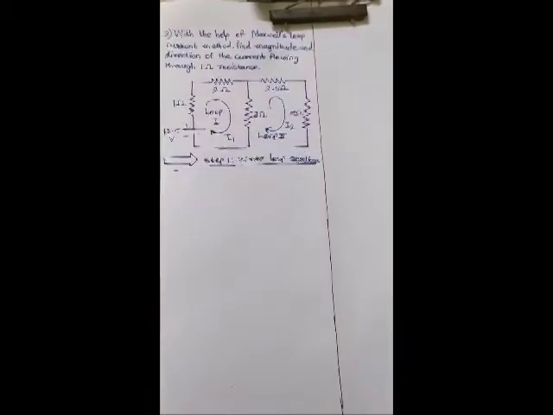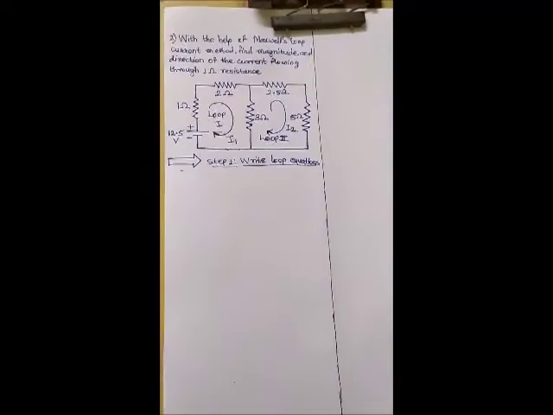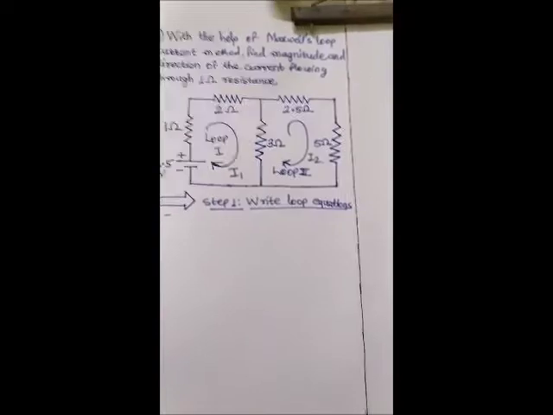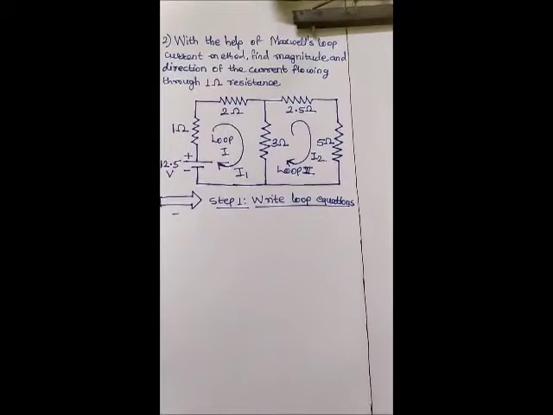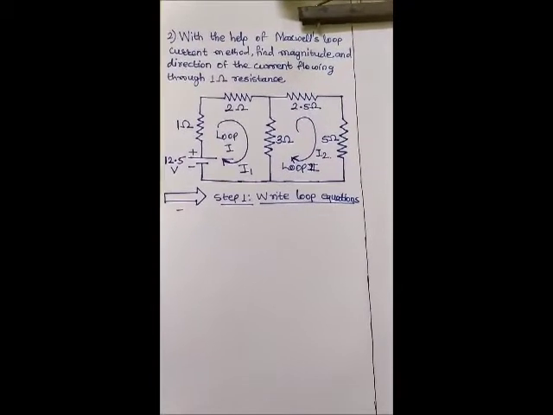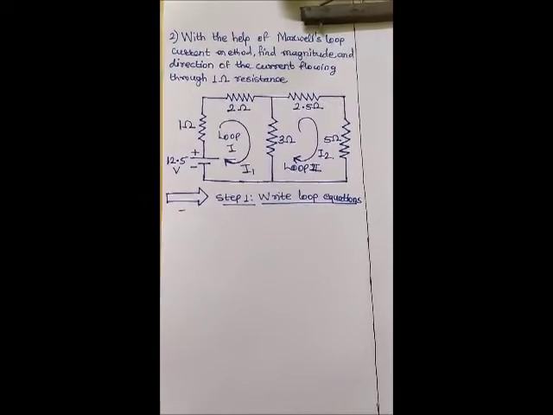In last lecture we have discussed one numerical. In today's lecture we are going to discuss another numerical. So this is a numerical. With the help of Maxwell's loop current method, find the magnitude and direction of current flowing through 1 ohm resistance,